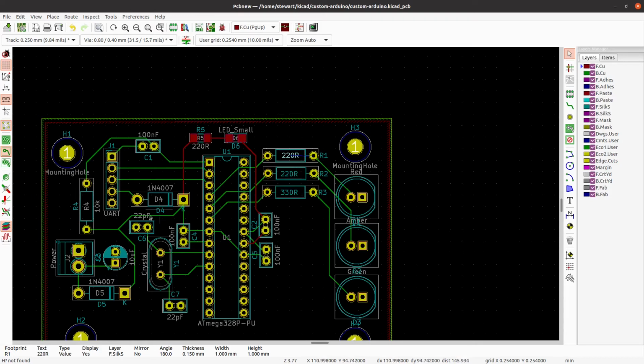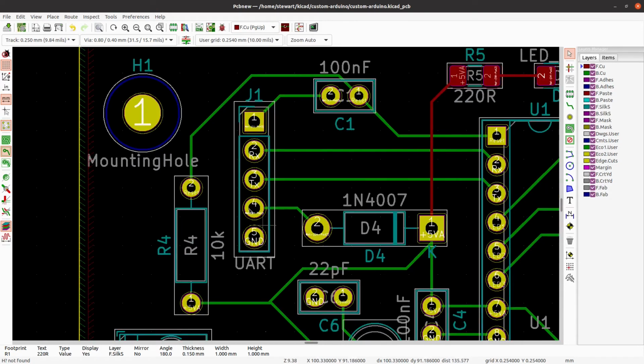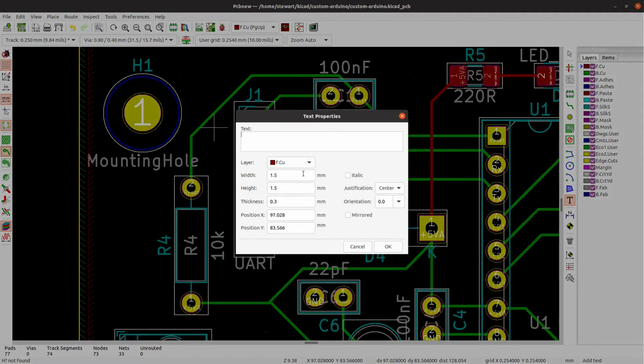I think it's more useful if I show you how you can actually write on the silk screen. I haven't really left myself much space here, but I can manage that. We can add some text here to tell us what these should be connected to. So there should be DTR, then transmits, and remember this is of the UART rather than